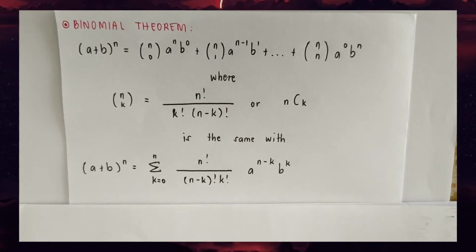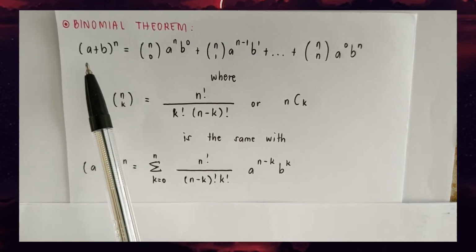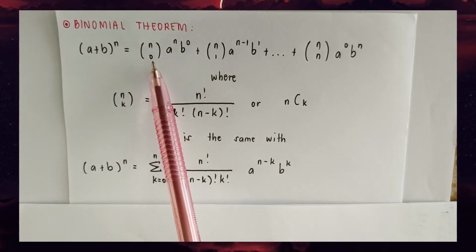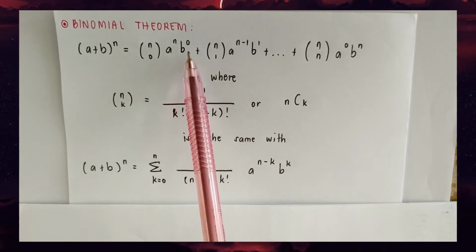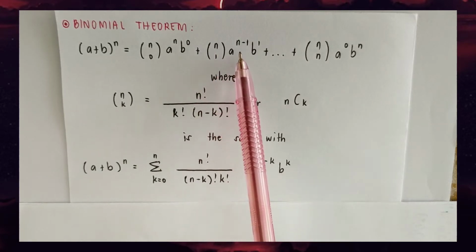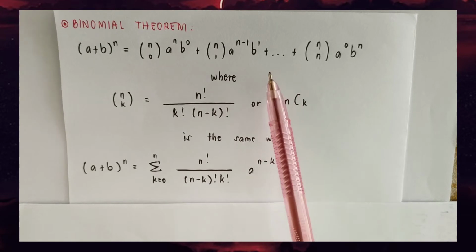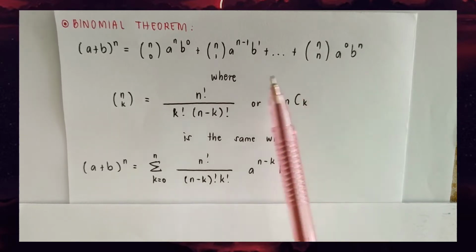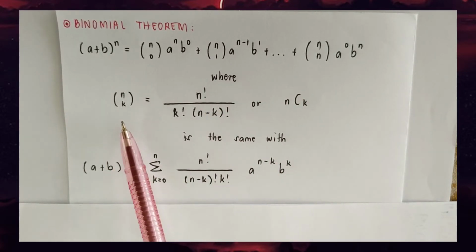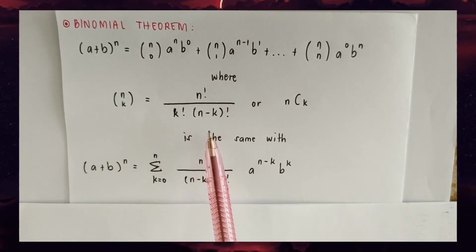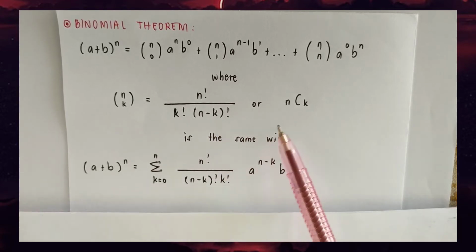Let me introduce you to the Binomial Theorem. In the Binomial Theorem, we have the formula: the quantity of a plus b raised to n equals n combination 0, a raised to n, b raised to 0, plus n combination 1, a raised to n minus 1, b raised to 1, plus, and so on, plus n combination n, a raised to 0, b raised to n, where n combination k is equal to n factorial all over k factorial times the quantity of n minus k factorial,